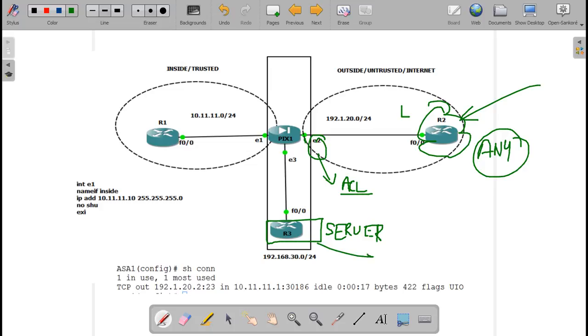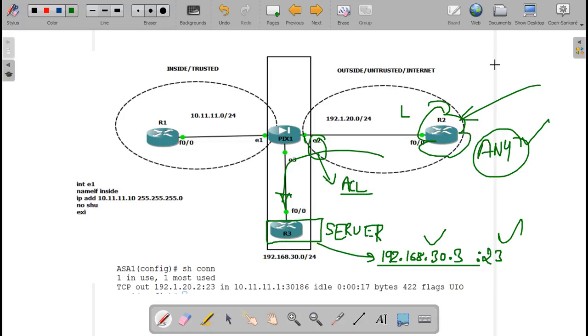What is R3? .30 coming to this on port number, say. So if traffic is coming from any IP on the internet and if it is coming to this IP on this port, it will be allowed and it will reach you.